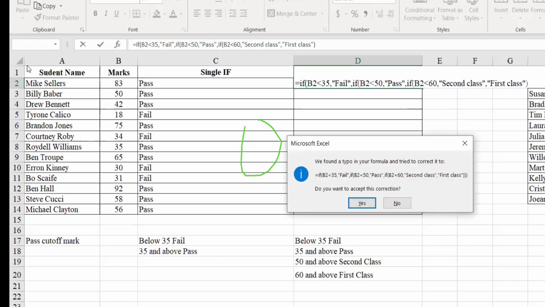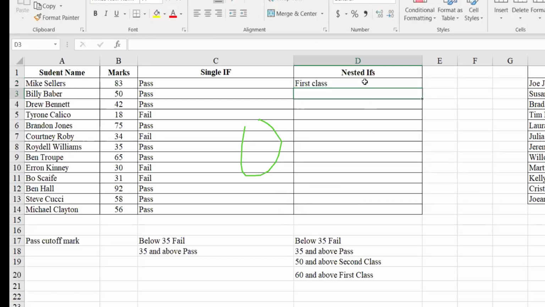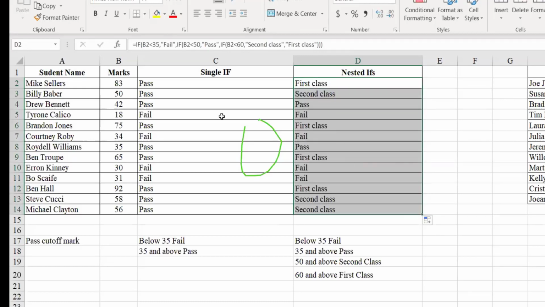This is giving you this message because I did not close the brackets. Here, it started with 3 brackets, but I closed only 1 bracket. I can do it on my own, or I can just use auto correction. So press F. Now I will just drag it and bring it down here.